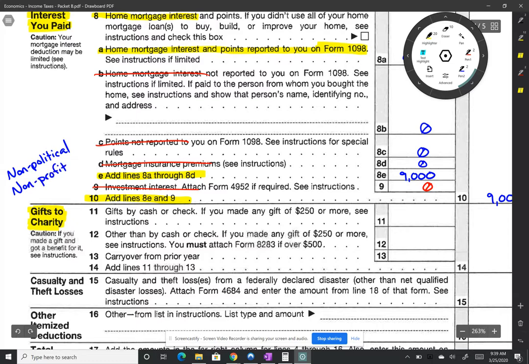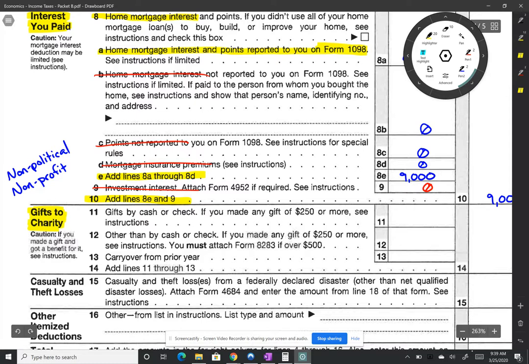Non-political, non-profit. The key word that you want to look for in the fact pattern is something called a 501c3 organization. That's a non-political, non-profit. Technically,